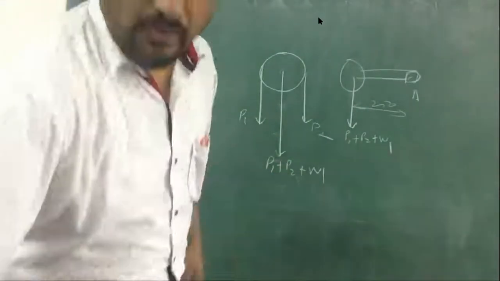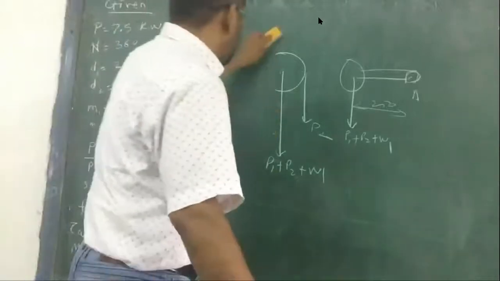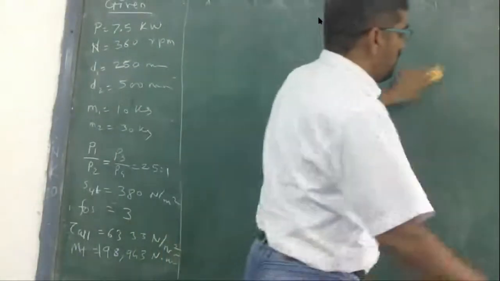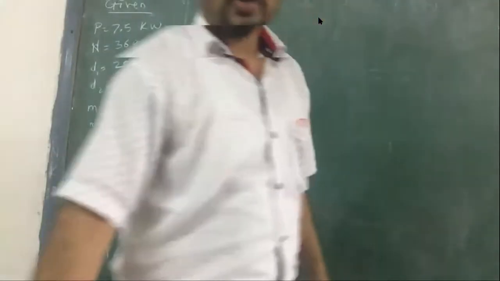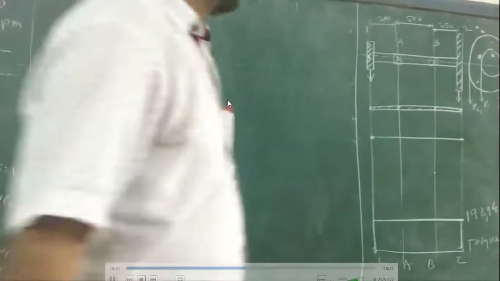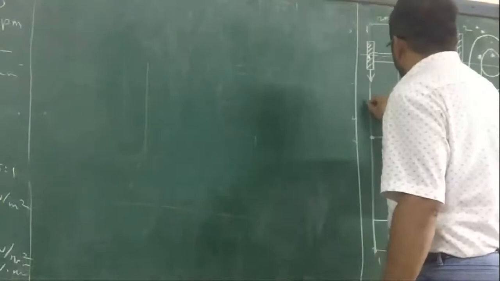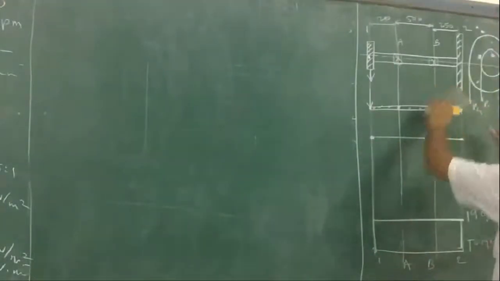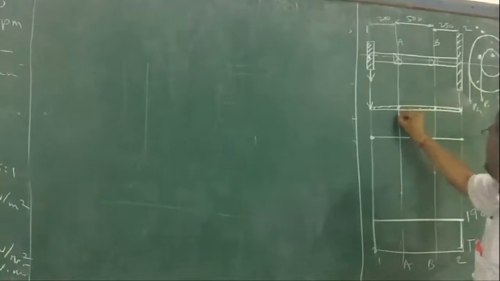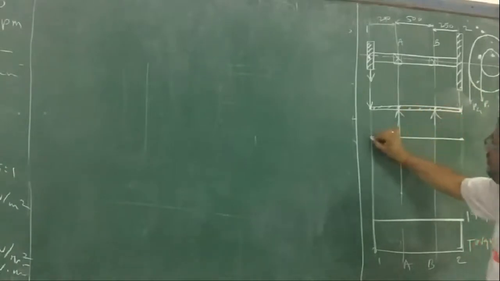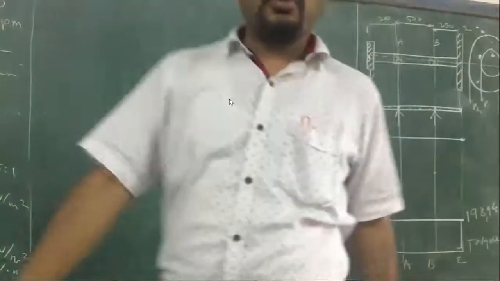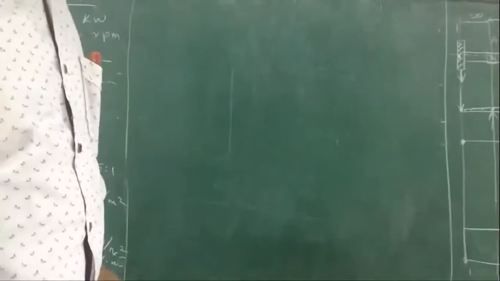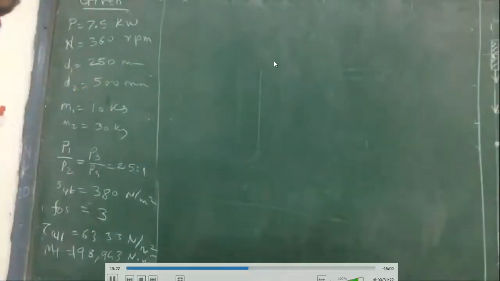So basically we have to find the moment at A and B and then take the maximum. We will put that in this moment diagram. Right now, if we want to update the free body diagram, it will be like this: load from top to bottom here, load from top to bottom here, and the reaction here will be like this. Here the moment will be 0, and here the moment will be different. We will find moments at different points. We have to draw the SFD and BMD, and then do the final calculation.